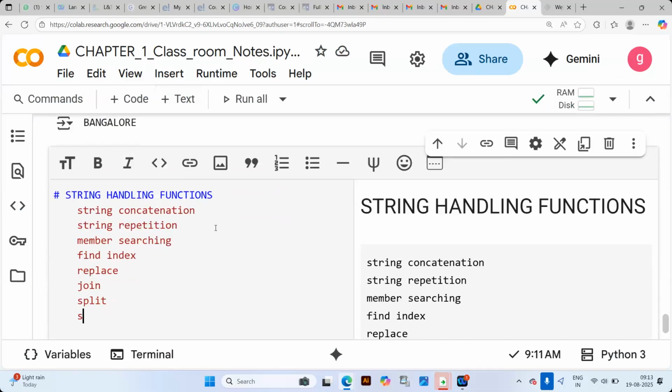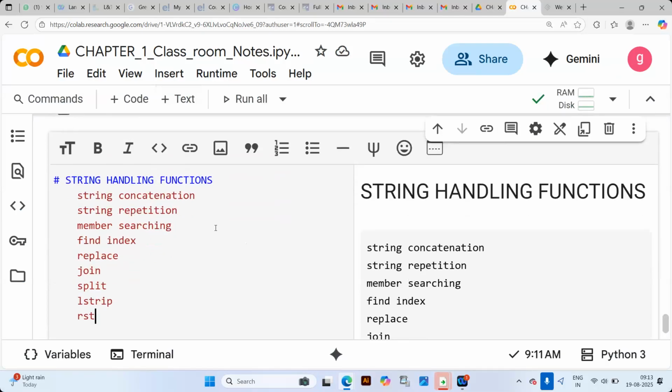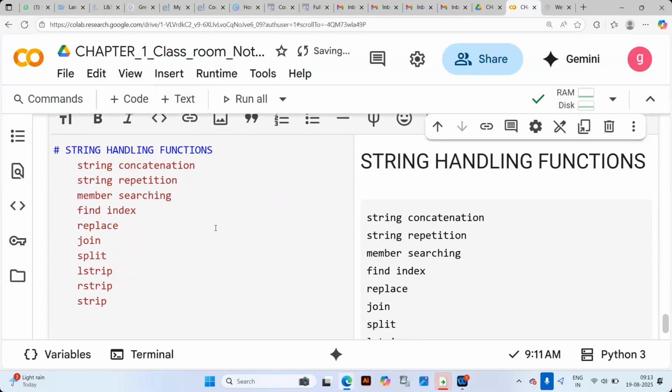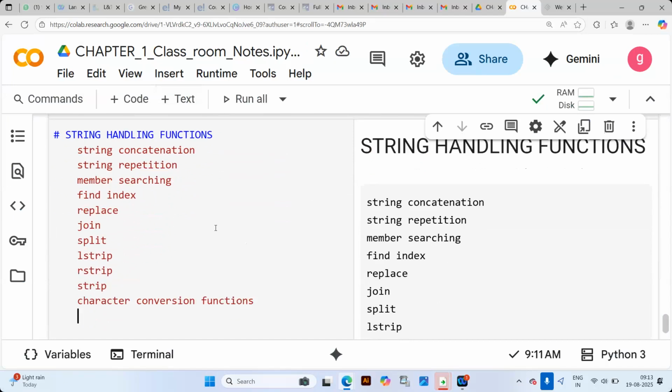and lstrip, rstrip, strip methods to remove the spaces in the string, character conversion functions, character recognition functions.